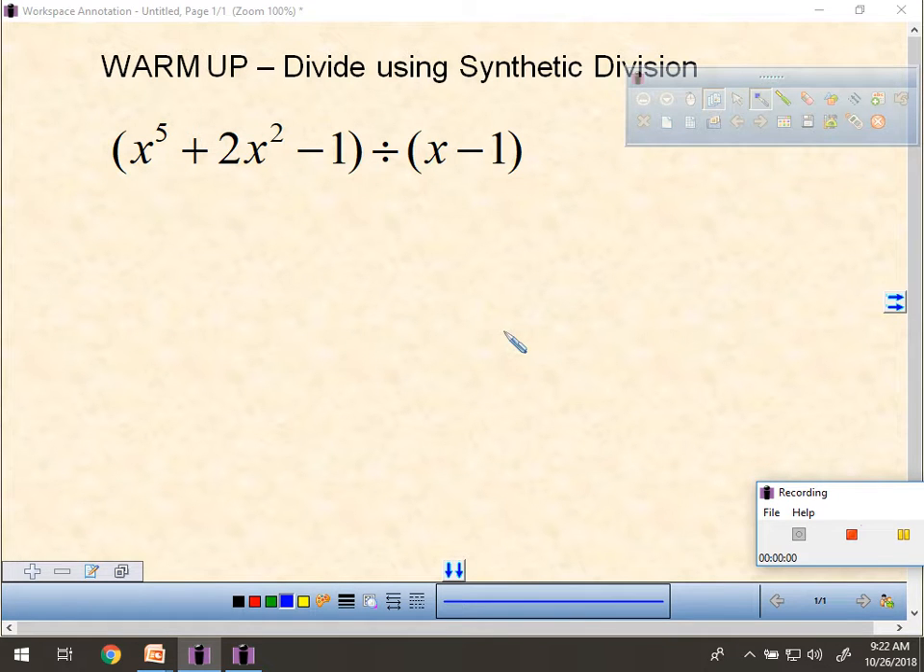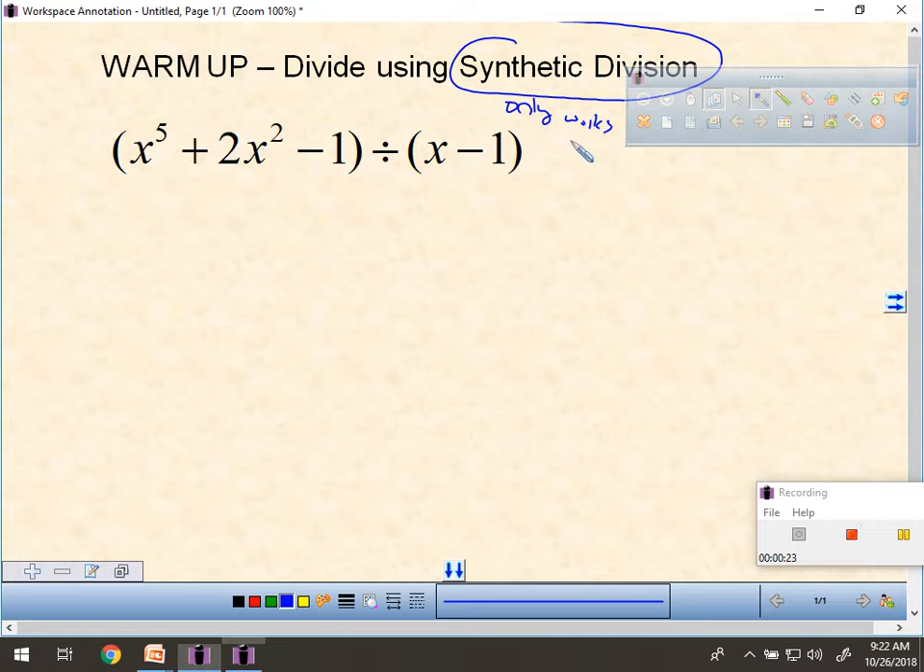All right, guys, for the warm-up, it says to divide using synthetic division, and there's a couple of things that I want to reiterate about synthetic division. The first is that synthetic division is a great tool to help us divide, but it has its limitations. Synthetic division only works well whenever we have a divisor